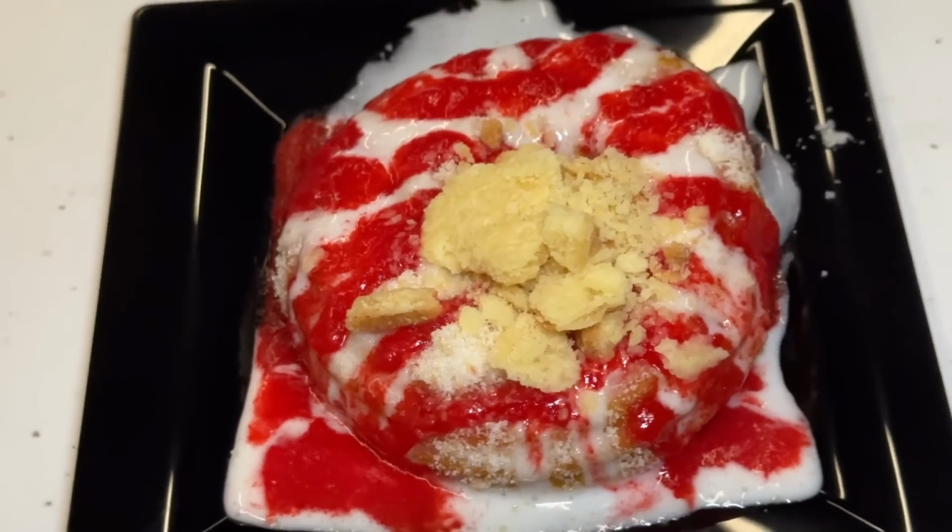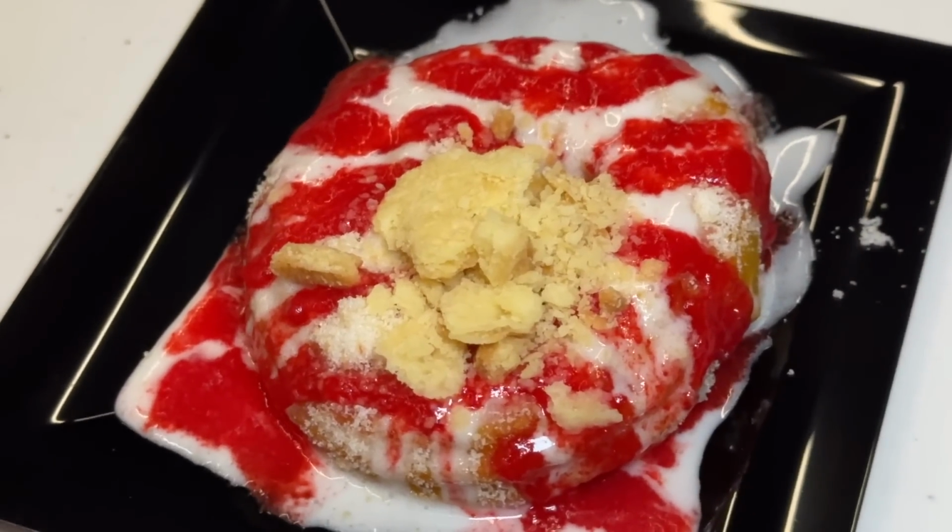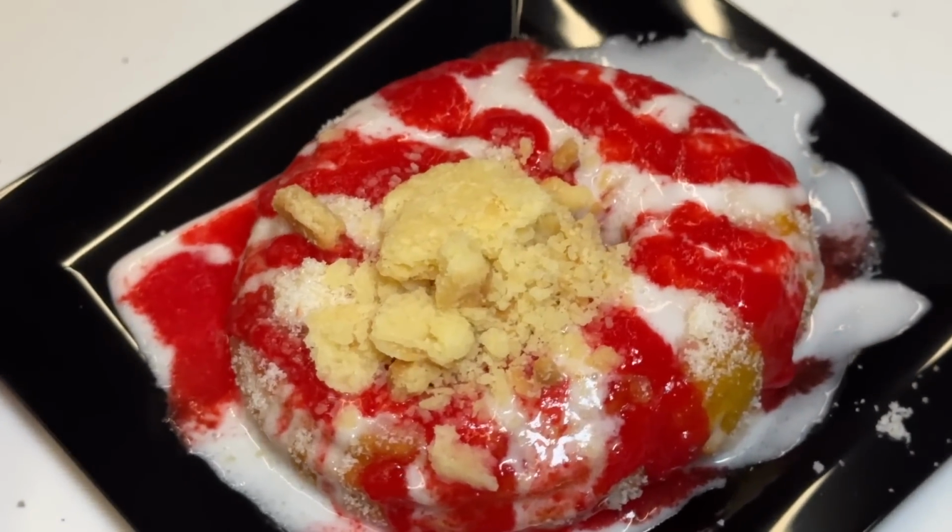The inside does have a lemon flavor. Nice and crispy on the outside. The raspberry sauce complements it really, really well. And actually, when you try the pie crumbles by itself, it's actually not very sweet at all. So I think it's a good addition because it adds a different texture, but it doesn't necessarily add much